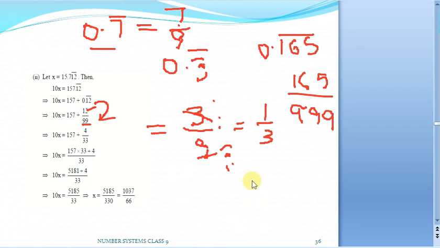Suppose if it is 0.7, what will you write? It is 7 by 10. Just don't get confused. There is no bar here. So whenever the decimal expansions are like this, keep in mind it has to be 0 point something, which is repeating purely. In that case it will work. So you can replace the things and we can simplify the things as we have done in this case.